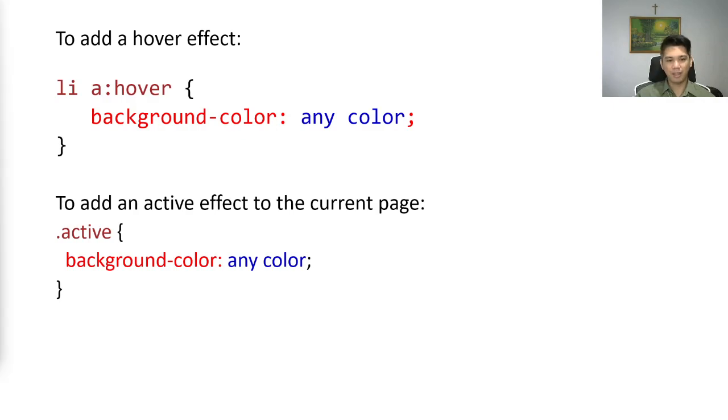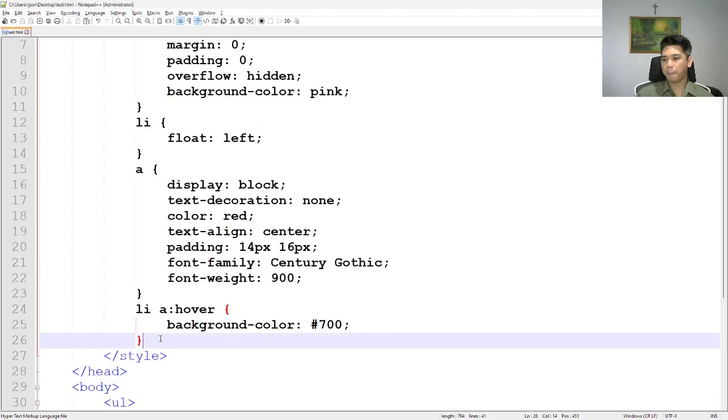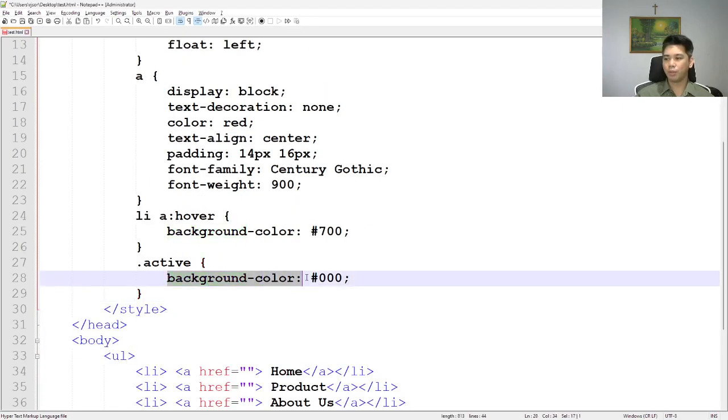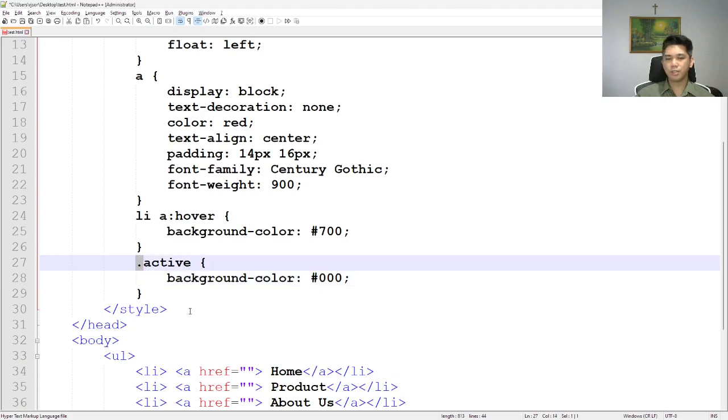So let me just add this one and show you. I've added a background color which is 000, black. This is black. And if you will notice, it starts with a period,